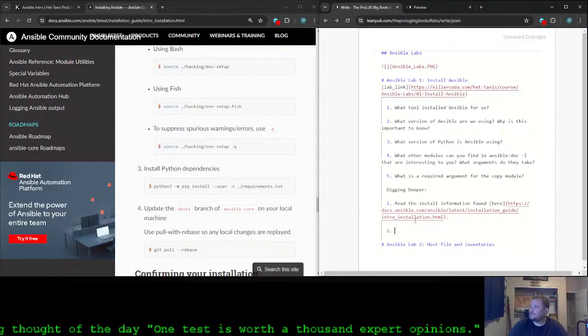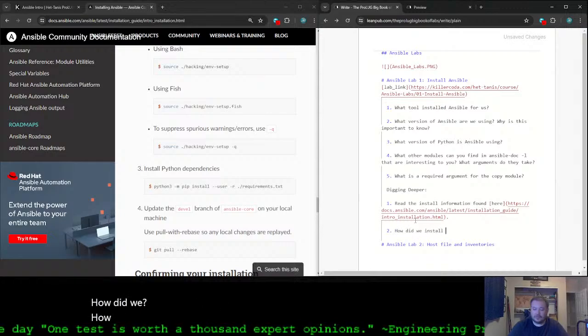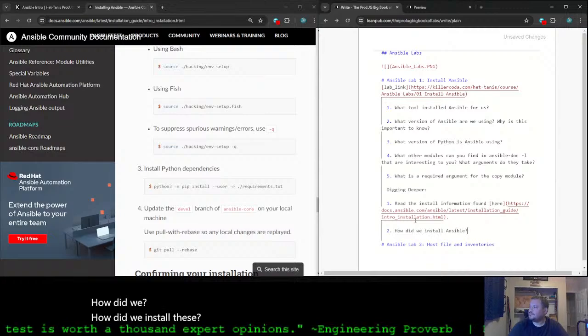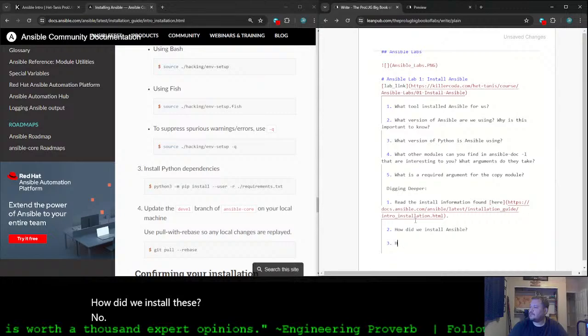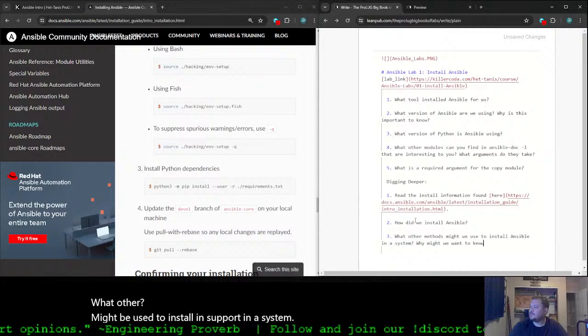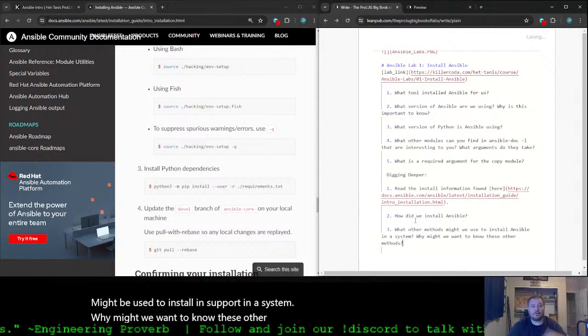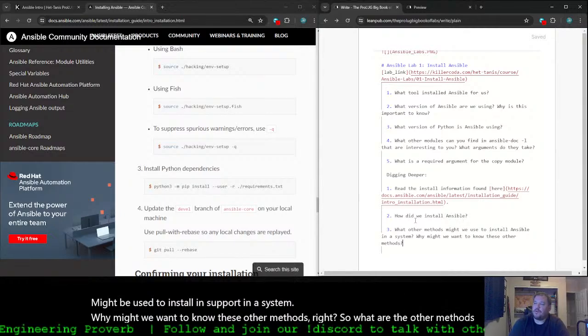And then I'll say, how did we install Ansible? What other methods might we use to install Ansible in a system? Why might we want to know these other methods? Right? So what are the other methods that we have, and why might we want to know these?